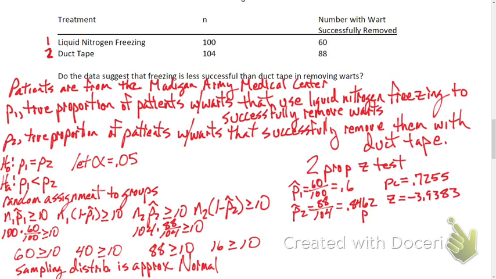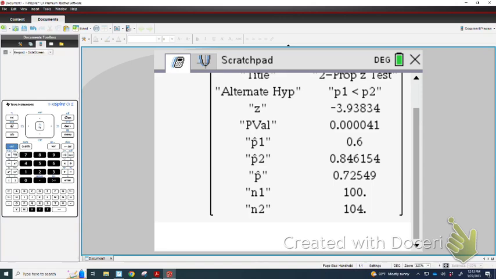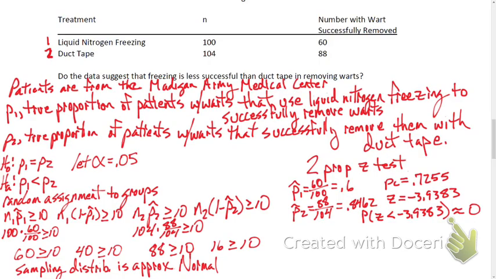And then the p-value is the proportion of z's smaller than negative 3.9383, which was approximately 0. Because I see 4 zeros there, if I have more than 3 zeros, I'm going to write approximately 0. P is less than alpha,